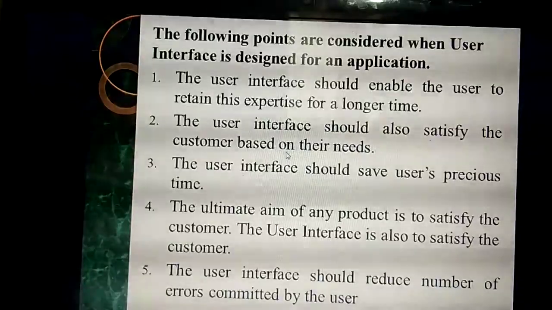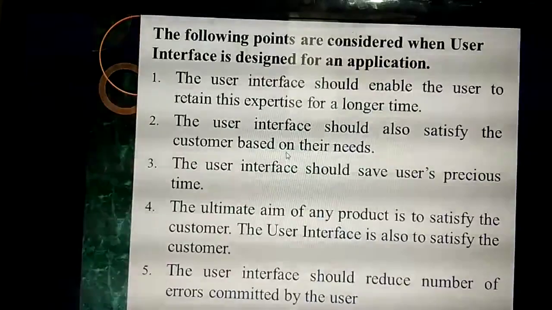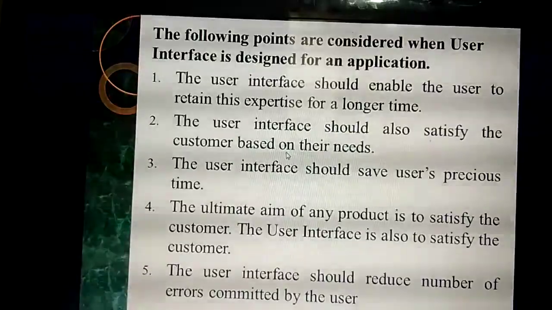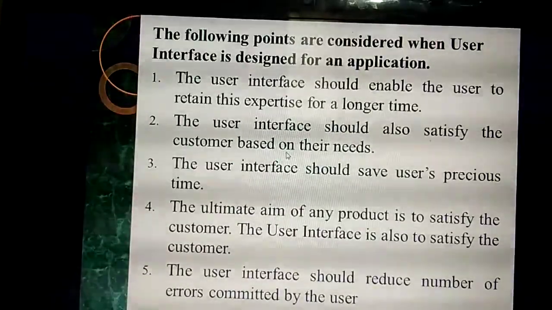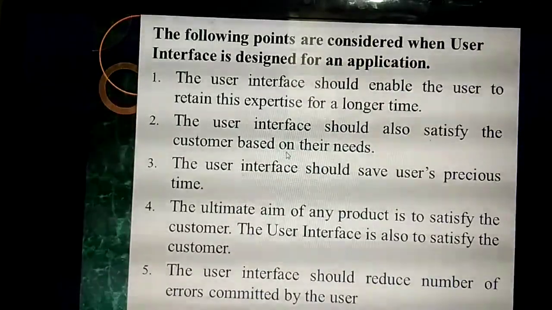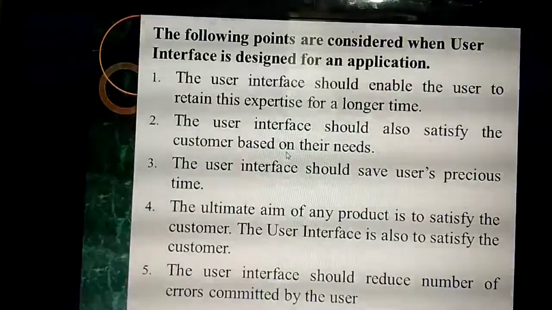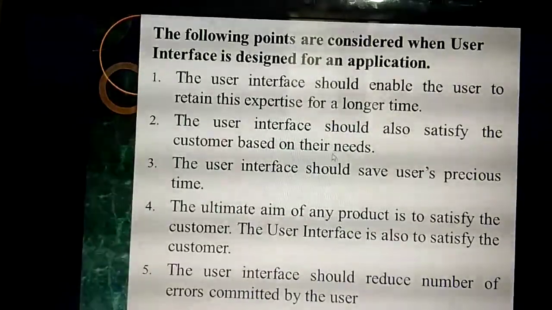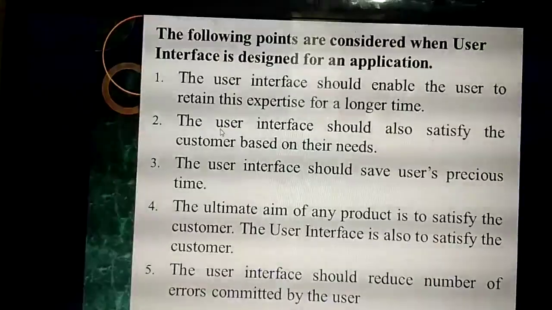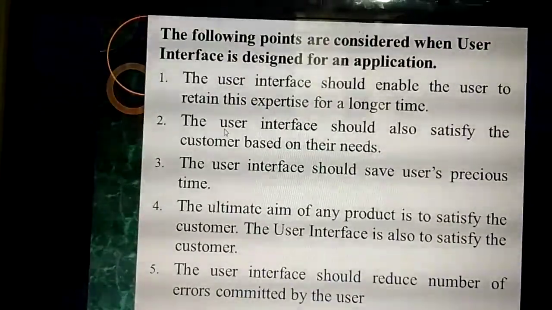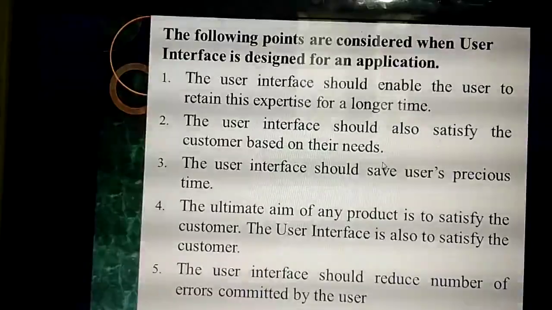For example, take online shopping. First you should select particular things, then you need to enter the pin code, then you need to pay the amount. So all the things are given based on your needs. Suppose I said first address and name, on the first page you should type, on the second page you should enter the pin code, on the third page the address, on the fourth page the mobile number. Would you prefer that? No. All the things are given in particular menus itself. That is how this interface always satisfies the customer needs. Then the third point, it will always save precious time.